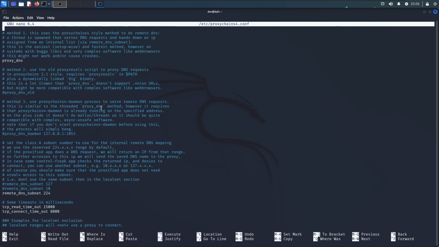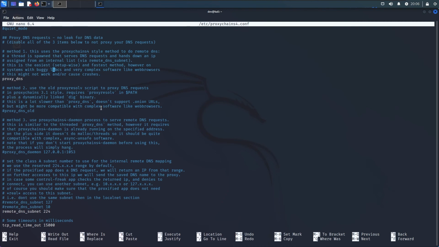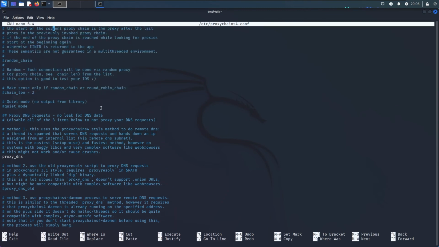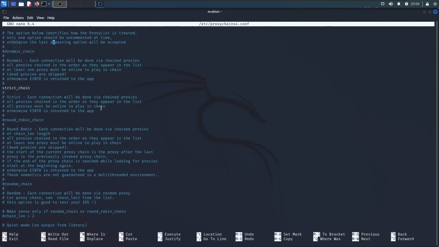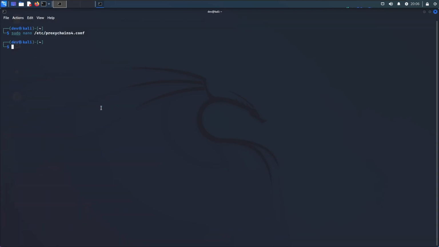Come above, and here we need to enable prevent DNS leak or proxy DNS. Okay, proxy DNS is enabled. Now come above, and we will not use strict chain, we will just use dynamic chain. So just remove the hash from the dynamic chain, Control O and Control X. Now here you need to type